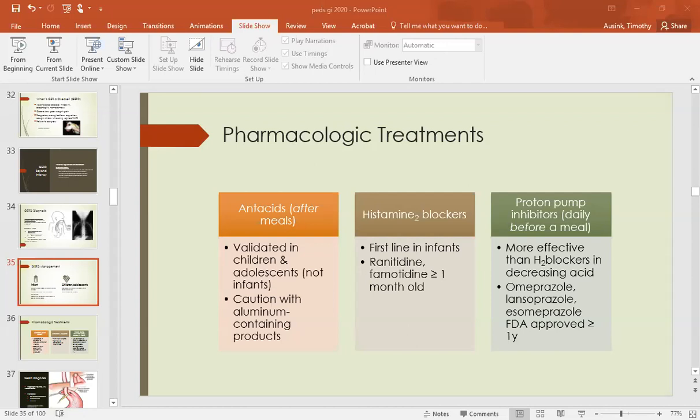All right. So there's some treatment that we can do with pharmaceuticals, right? We can use antacids after meals. Aluminum-containing antacids we want to be a little bit careful with, okay? We don't want to overdo. As long as they're taking the recommended daily dosage, that's okay. There's the histamine 2 blockers, like